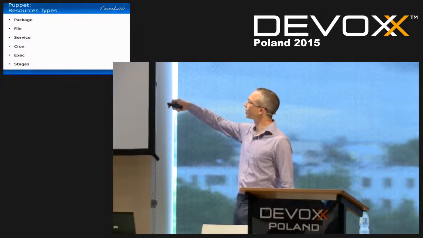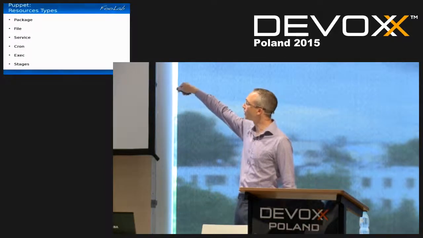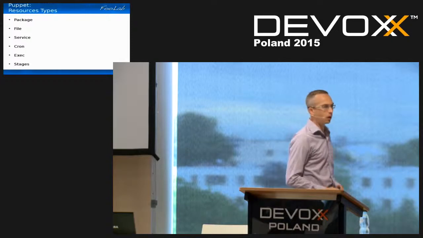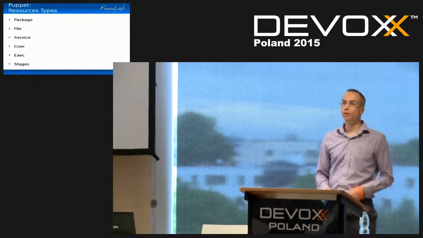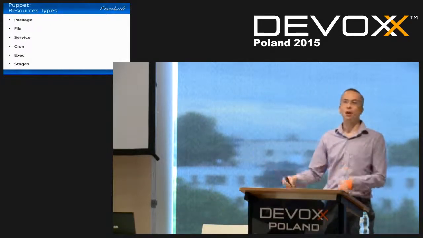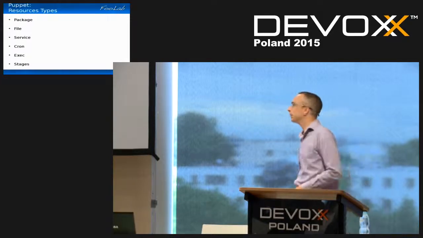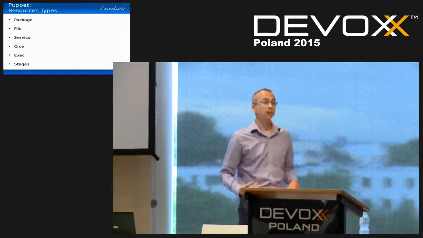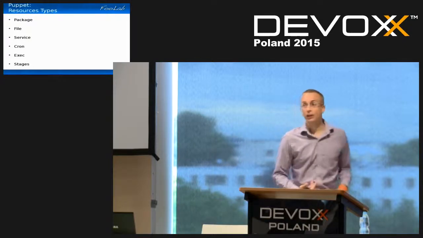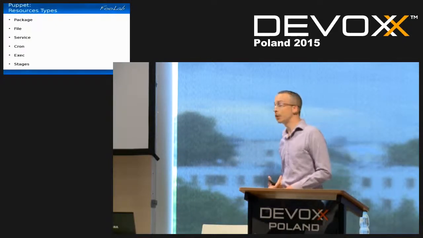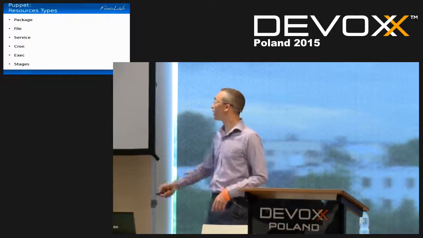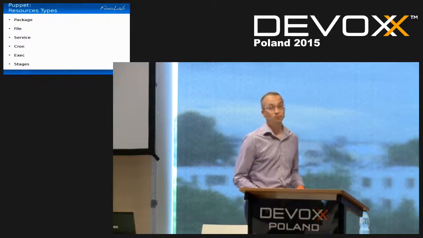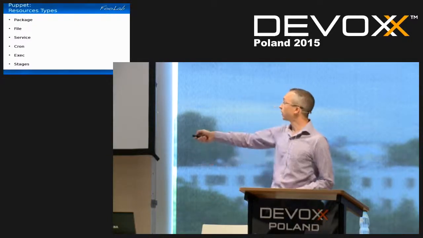So the types of resources you have, like packages. A package, basically, if you're running Ubuntu, you would do apt-get install, say, Apache. And then you can manage files. So you can do symlinks, create files, delete files, create files from templates. I'll show that a little bit later. Services, so starting services, stopping them, making sure they're running. Cron jobs,